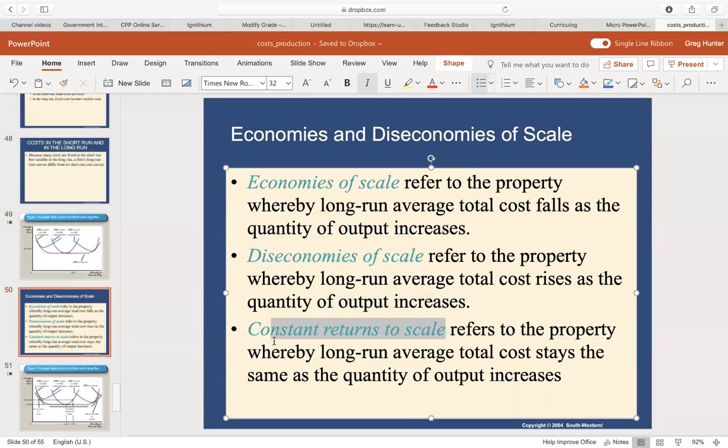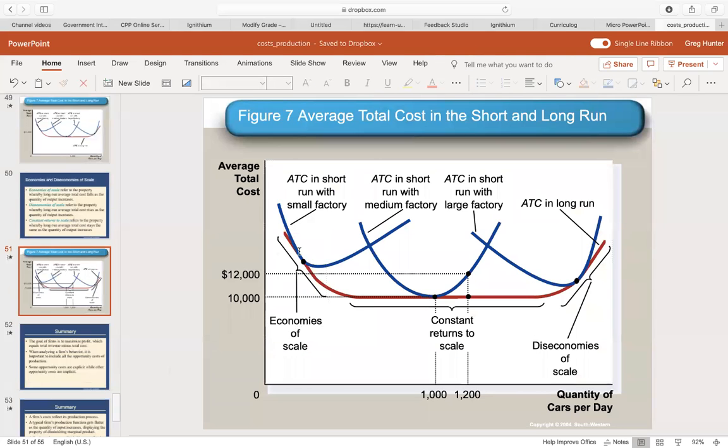We look at the long run average total cost curve, and there's a section where average total cost in the long run is decreasing, and then it flattens. The decreasing region means we're experiencing economies of scale. As we increase the size of our factories and the quantity we produce, we're lowering our average cost per unit. And since we're running low on time, I'll say really quickly,